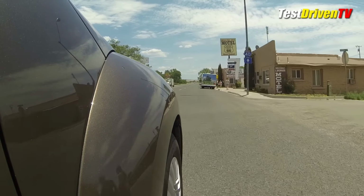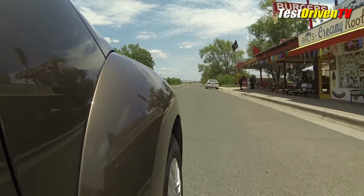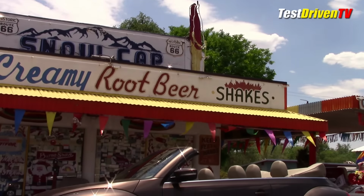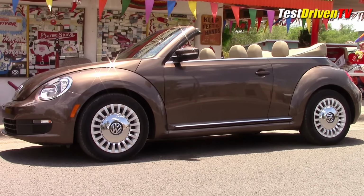Lots of people. Any stop and visit to the town of Seligman wouldn't be a stop and visit in Seligman without a root beer float from the Snowcap. So here we are, the famous Snowcap. Delgadillo's Snowcap is as iconic on the Mother Road as the Volkswagen Beetle itself,